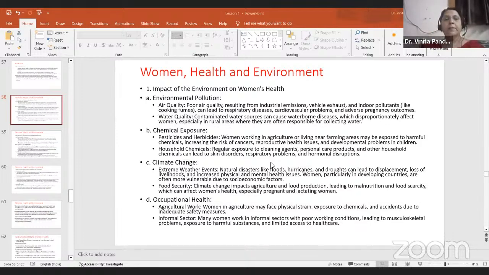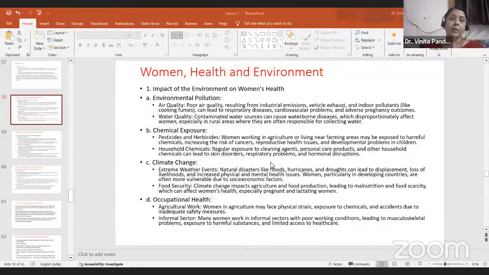So, I'm just quickly revising yesterday's class so that you will be able to relate which topic we are discussing. Broadly, we tried to understand how women's health can be impacted by environmental factors. In that connection, we had a bird's eye view discussion on how environmental pollution can impact women's health,